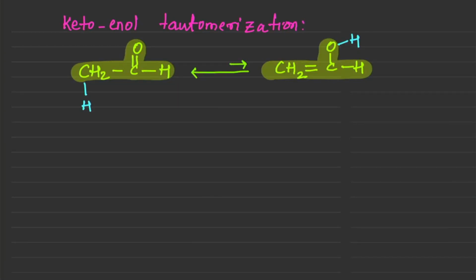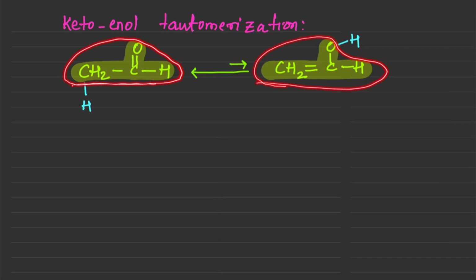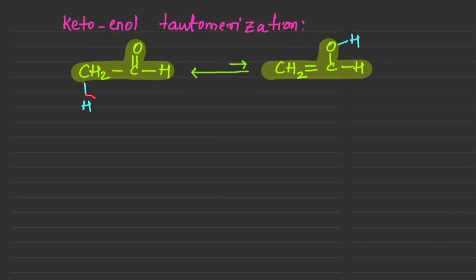Hello everybody. In this video, we will talk about keto-enol tautomerizations. So what is keto-enol tautomerization? If you notice, the structure on the left has the exact same CH2COH, and on the right side, it has the exact same CH2COH, but the two structures differ in the